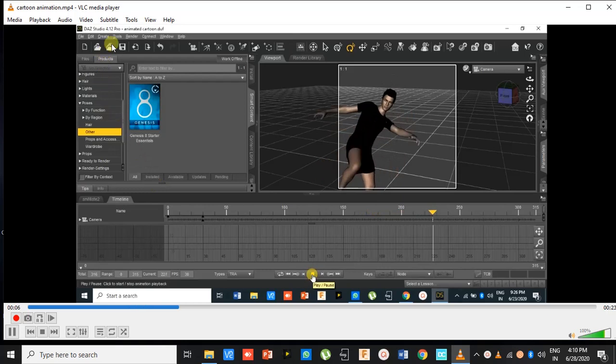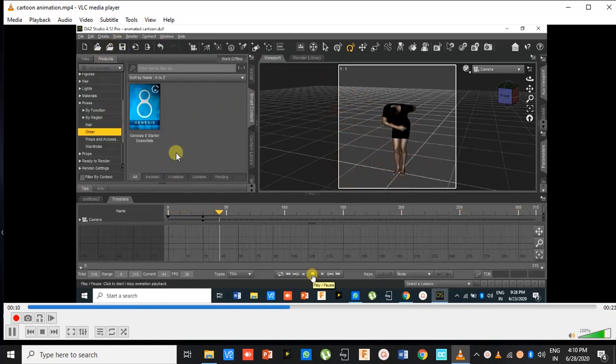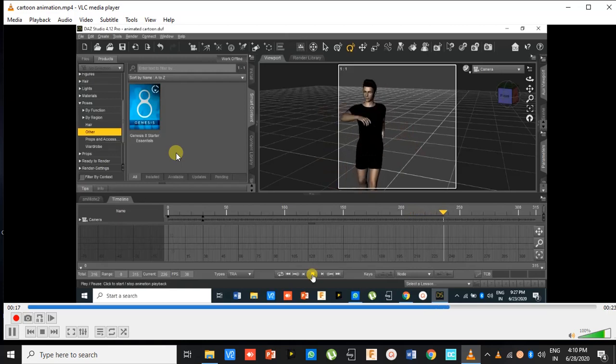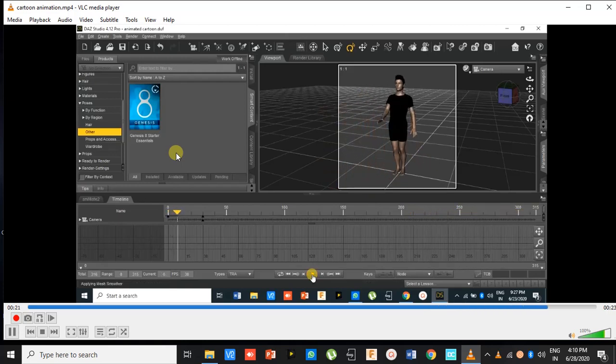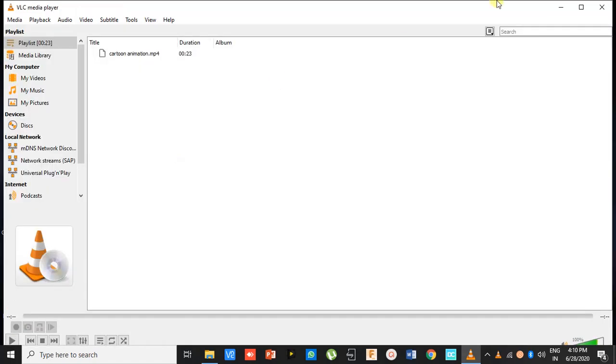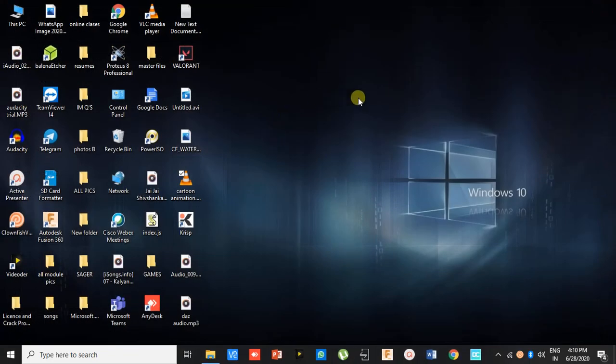So guys, this is the Daz Studio software. So this is how it looks like. Guys, if you want to make the animation video like that, watch the video till the end.